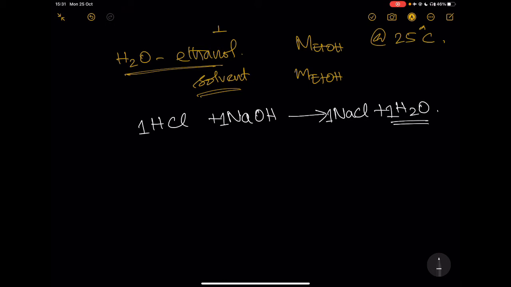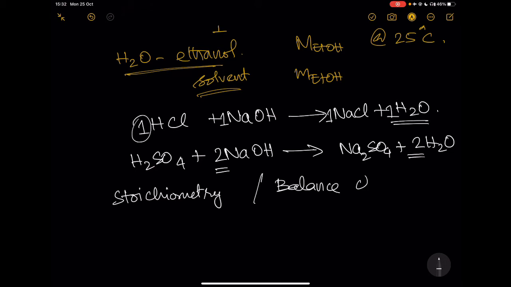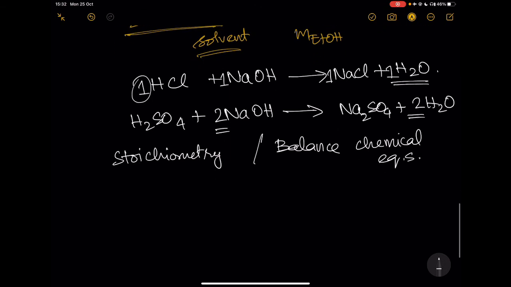However, there is a small thing that comes up here. Although this is 1, we could ask what happens with the same thing when you have H2SO4. In this case, you will quickly realize that you're going to talk about Na2SO4 plus 2H2O. Of course, I'm writing 2 and 2 here, assuming you know what stoichiometry is and how to balance chemical equations. If you're not very clear about these concepts, I would encourage you to go back and take a look at all these from your standard textbooks, or we can discuss the same whenever we have time.